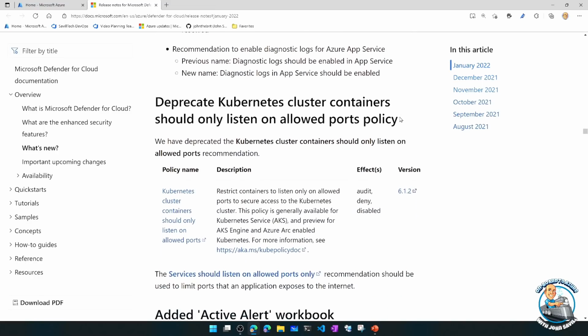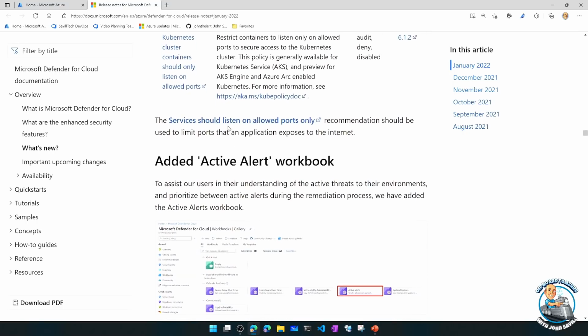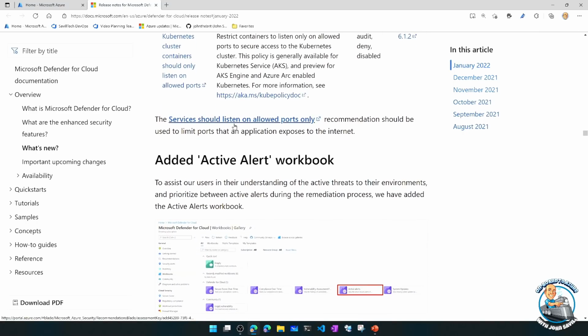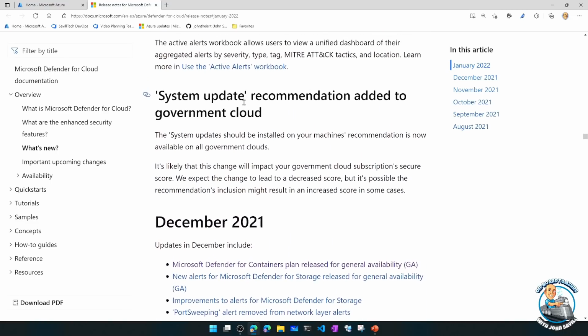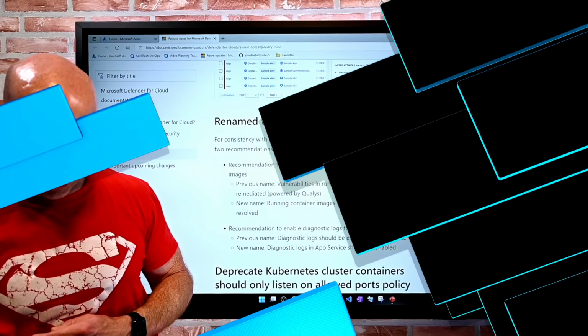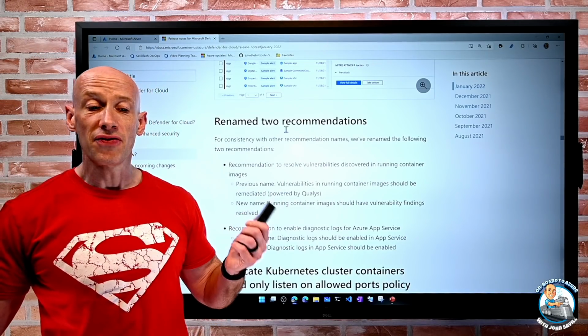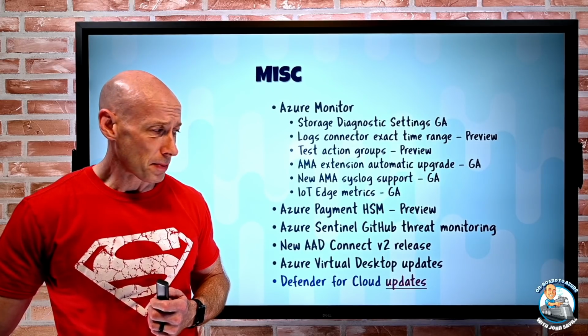Some recommendations were renamed, deprecated some Kubernetes cluster containers, and there's basically a services should listen on allowed ports only recommendation that should be leveraged. Active alert, workbook, system update recommendations, just a whole set of updates all around System Center. Sorry, Defender for Cloud. Mustn't say Azure Security Center anymore.